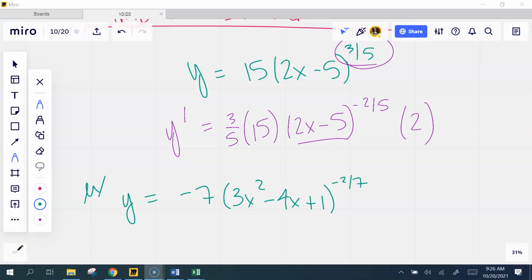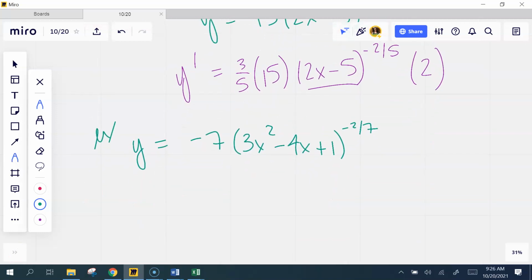So same deal here. It is still the power rule, and it is still the chain rule. I just want to make sure that you understand